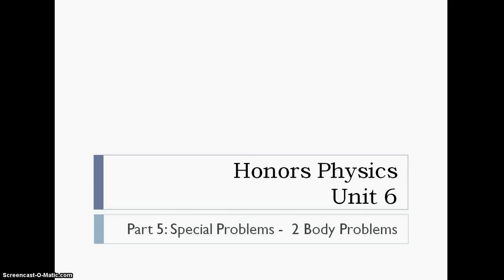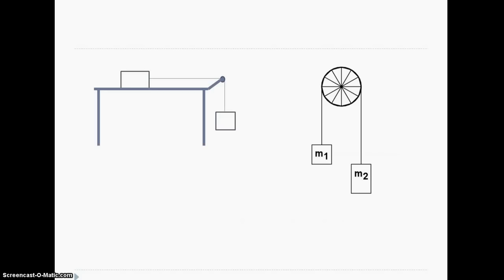What I mean by a two-body problem is that there are two different masses connected by a string. So here's a couple common cases for it. In fact, we're going to do examples with those exact same diagrams. The first one, the one on the left, is what you would call a modified Atwood machine because you've got one block on the table and one hanging from a pulley. But you can see that the mass hanging from the pulley, when released, is the hanging mass that would accelerate both blocks. So it would accelerate the entire system. That's why they call it a two-body problem, because both bodies are being accelerated at the same rate.